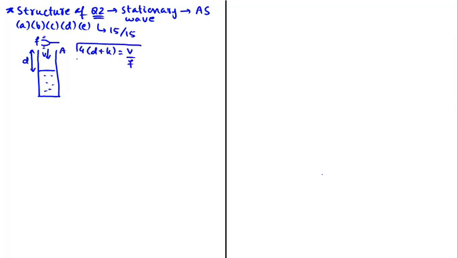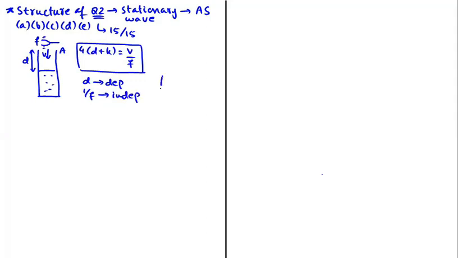Students, remember that in the graph question, the equation that applies to the situation is always given to us. We don't have to write our own equation. It is always given to us. And not only that, the dependent and independent variables are also identified for us always. So in this question, d is the dependent variable and 1 over f is the independent variable.